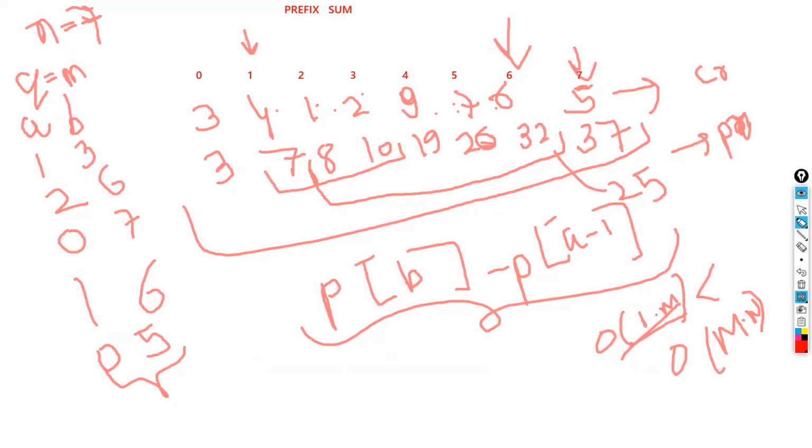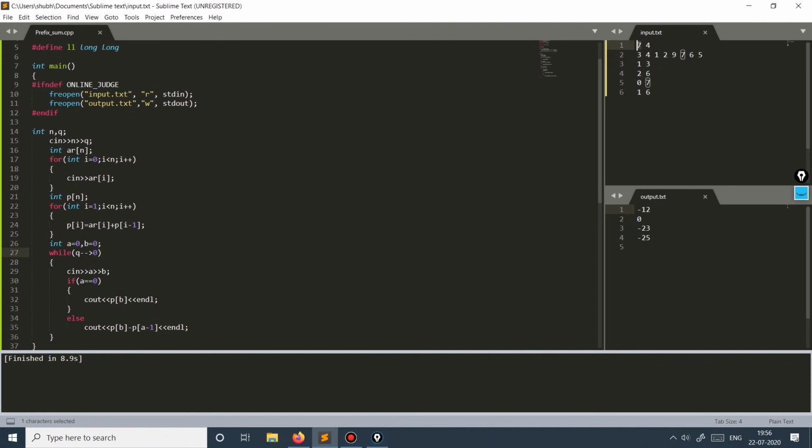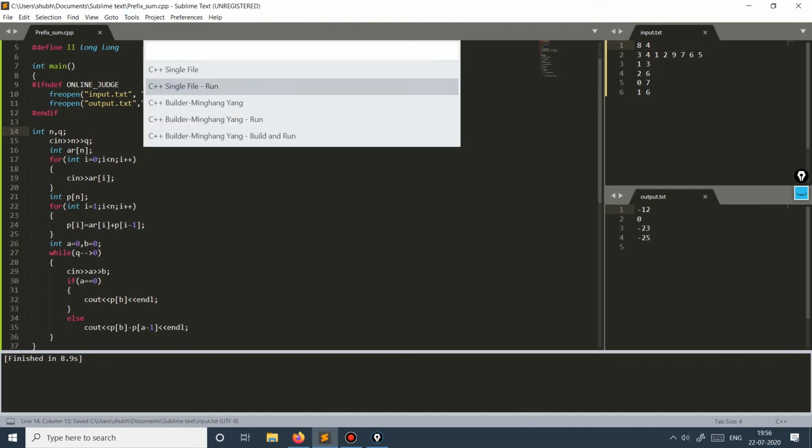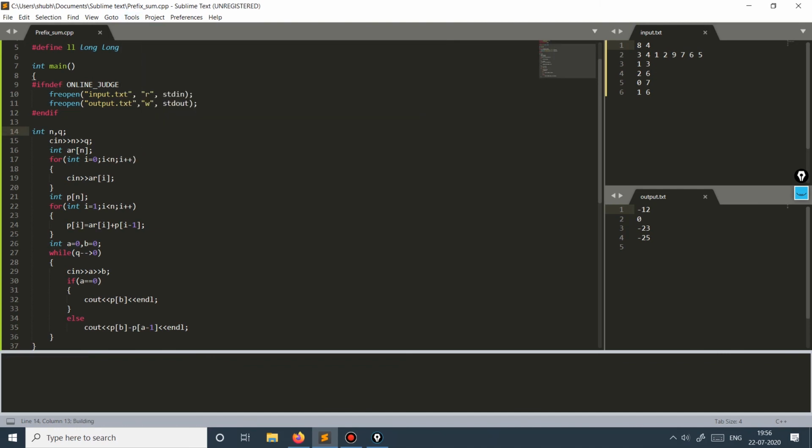Okay, the array element is 8 over here. That is why we are getting the wrong answer. So let's go and build it. Okay, yeah, so it's 7, 25, 33, and 29.